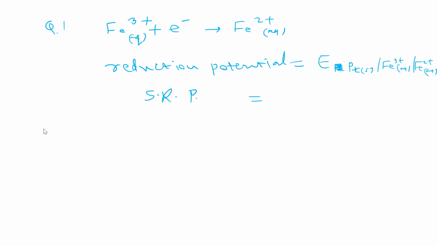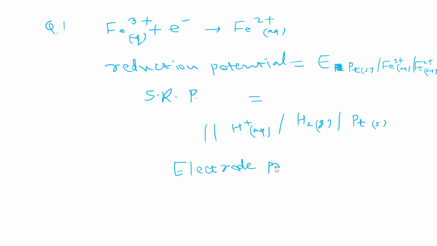Now in the same way, whenever you want to represent the cell, suppose you are given the cell H plus aqueous, then a vertical line, then H2 gas, and then Pt solid. Can you see which kind of half cell this is, anode half cell or cathode? Cathode half cell. For this cell, if you want to represent the electrode potential, then when we write electrode potential, it is always reduction potential when it is not mentioned.